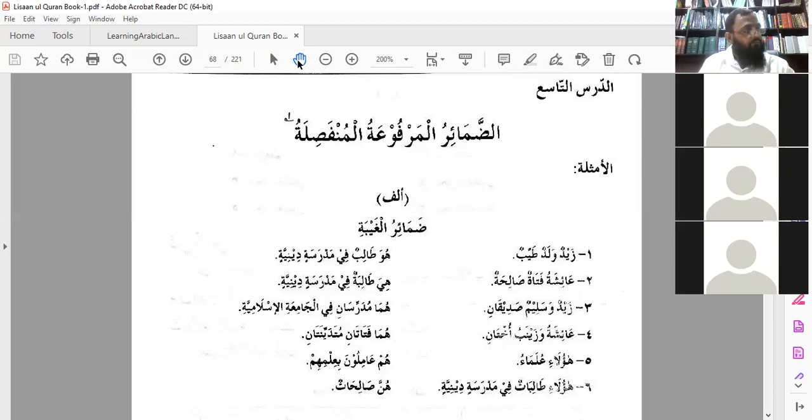Sorry, mukhatab. Can you just remind me what that means? Mukhatab means second person, to whom you are speaking. With fatha and ta, it means you're talking to someone, the person in front of you. Mutakallim is one who speaks. Okay, so I repeat the sequence.